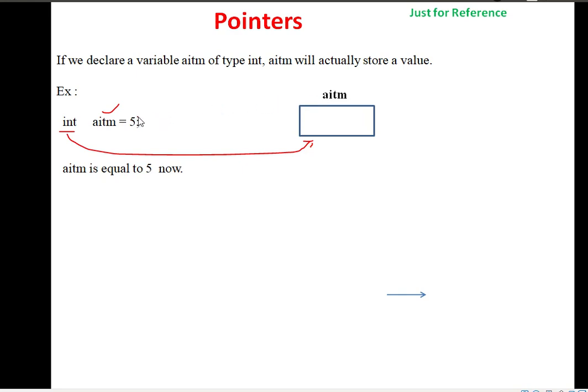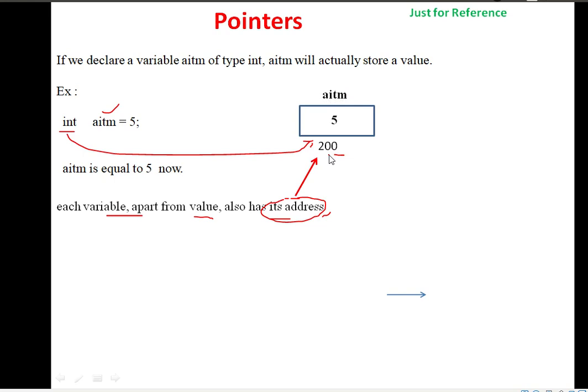Then we are assigning the value 5, so the value is stored. So aitm is equal to 5 now, isn't it? Each variable, apart from its value, also has its address. Okay, I am considering the address as 200, just for example, not exactly 200.